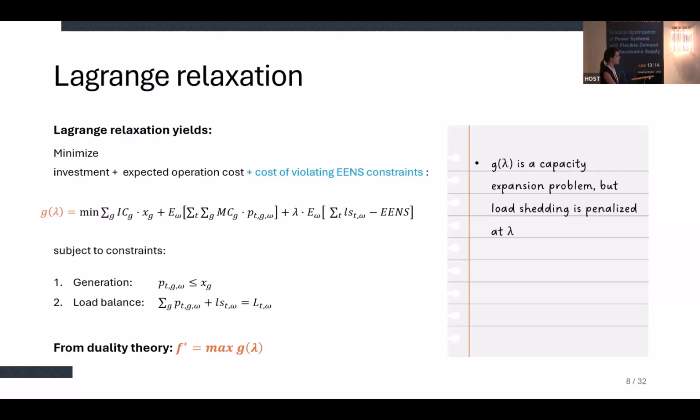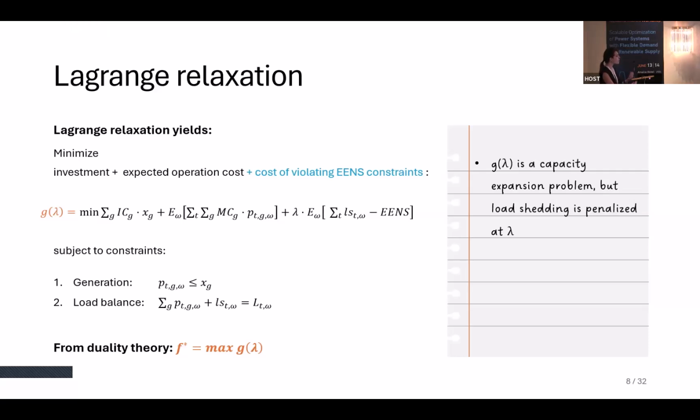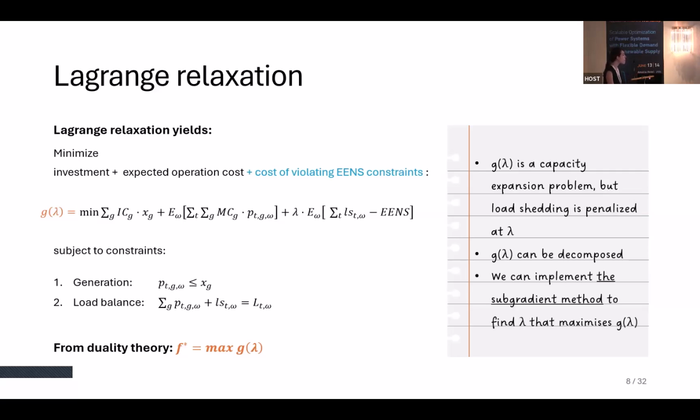You can see this as a constant term, but remember, initially we had here a VOLL. Now, instead of VOLL, we have penalization of load shedding at lambda. Lambda is endogenously derived, but g of lambda is a function of lambda, so when we are approaching this, it is as if it is a constant. It can be decomposed. You just observed a 40-minute presentation proving that there is a way to tackle this for a model as large as the model that has been used for ERA, for example.